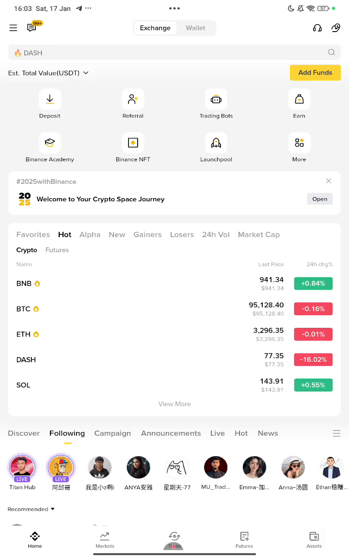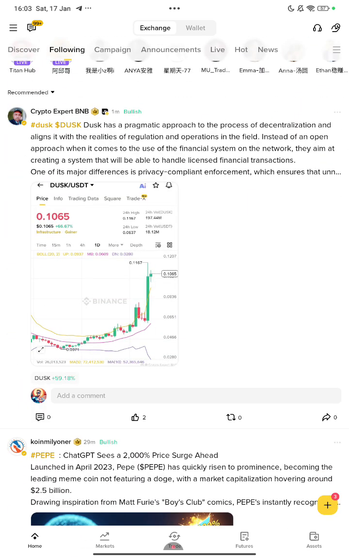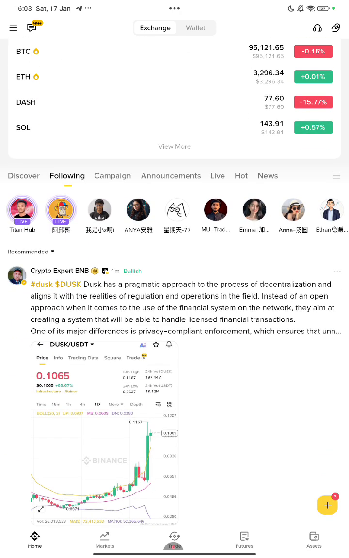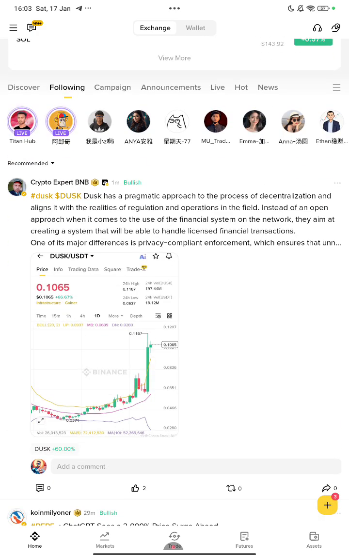So right now you guys don't have to worry about anything. I will teach you step by step. When you swipe down here, you can see a plus icon. Maybe you won't see it, then you may click on this more button here. So you will see an option like Binance Square or something called Square. Okay, so you just go and click on this plus icon.